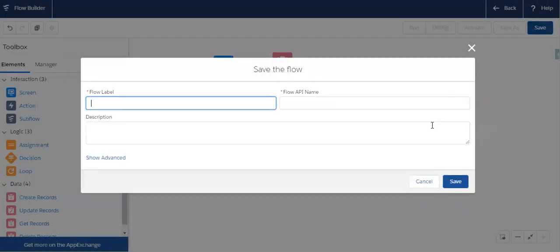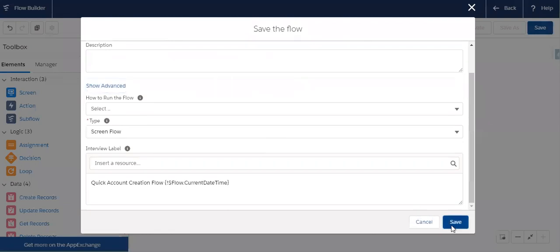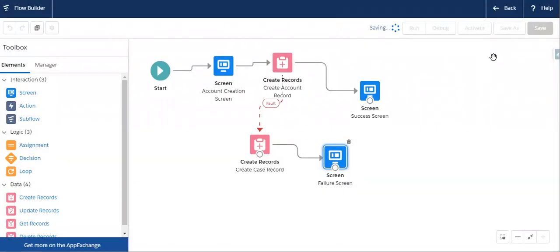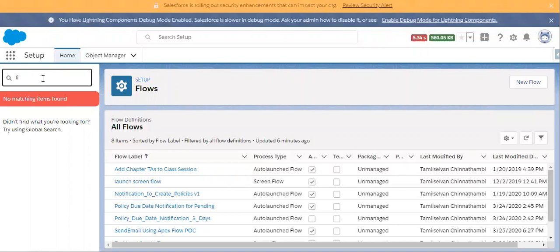Let's save it as quick account creation flow. Okay. Let's activate it. Let's add this flow in the home page using the Lightning App Builder.